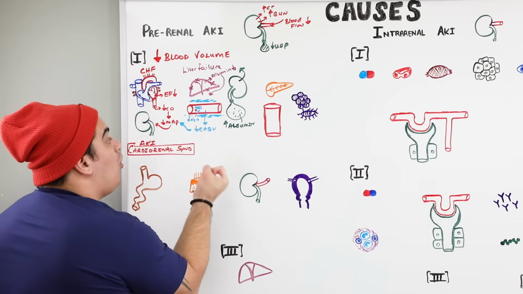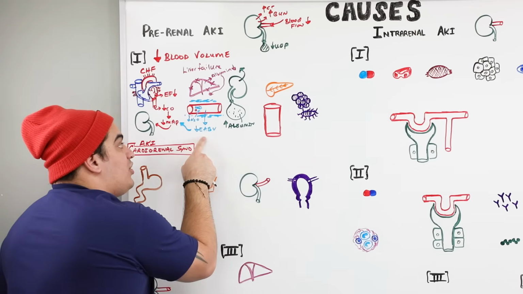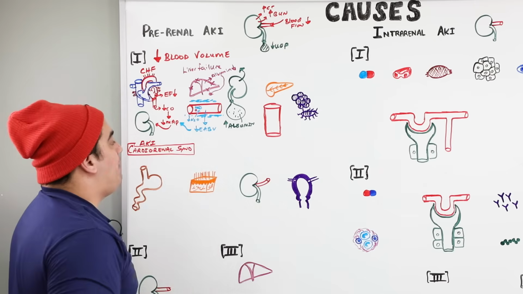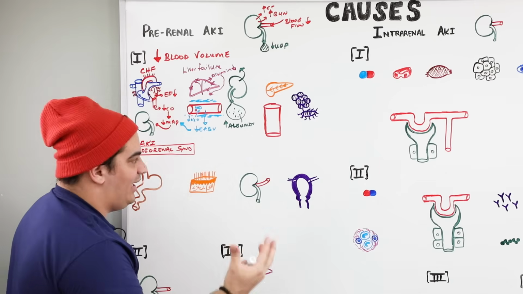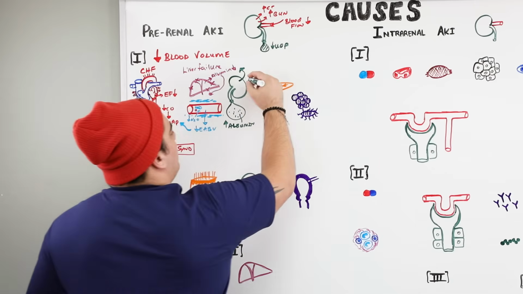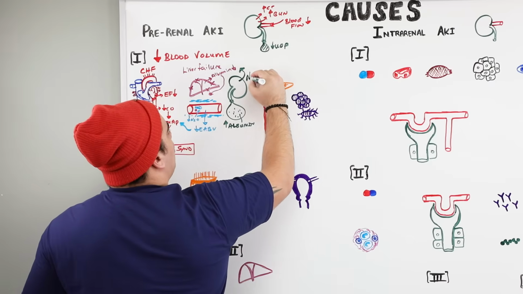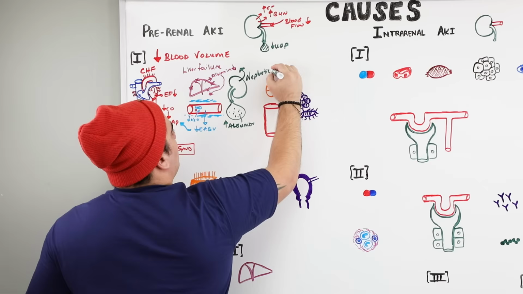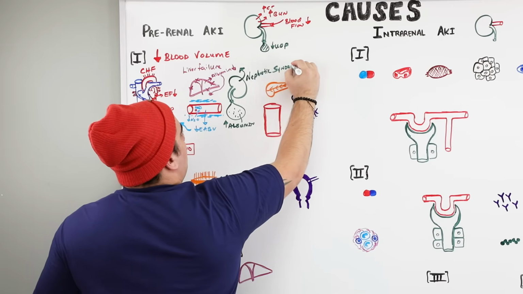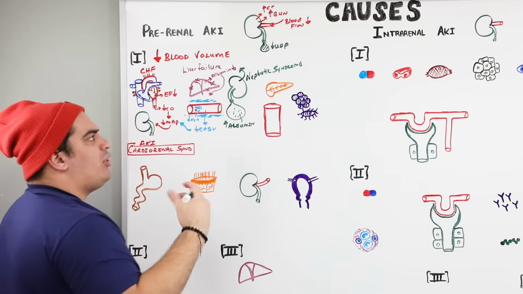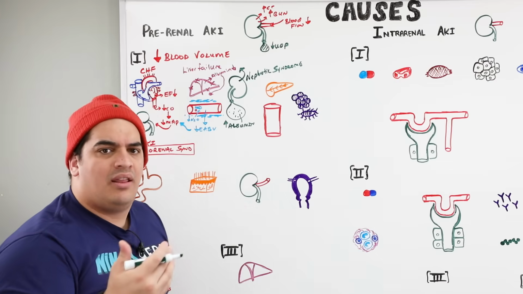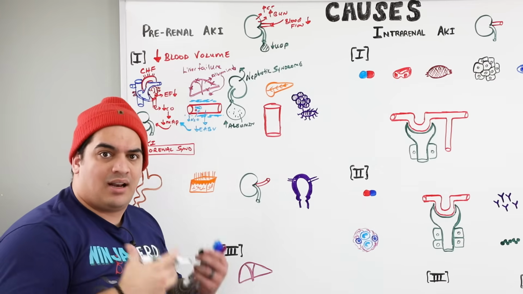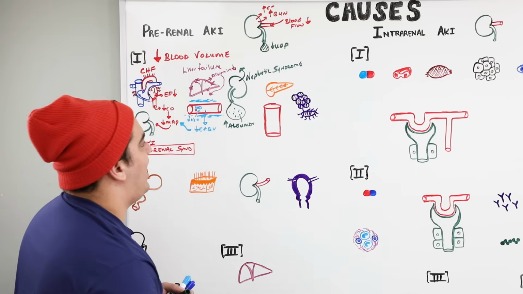You have less ability to hold on to the fluid. Your effective arterial blood volume drops, and that can lower your MAP, and it can lower the perfusion to the kidney, leading to an AKI. What is this called? This right here is called nephrotic syndrome. So nephrotic syndrome is usually where they have proteinuria, lipiduria, they have hematuria, they also have a lot of edema, hypertension, things of that nature as well.